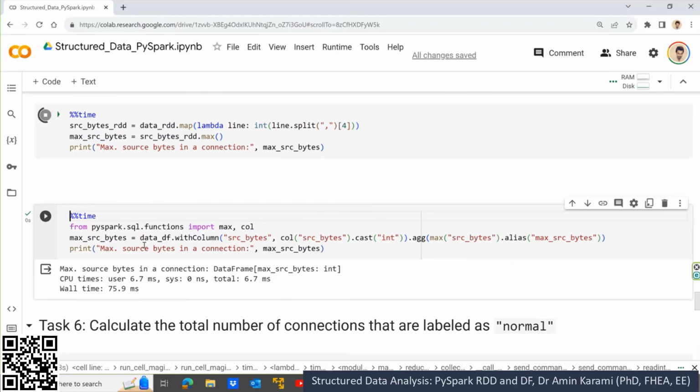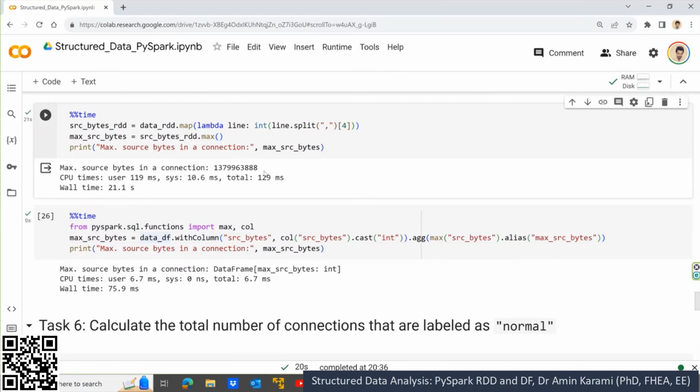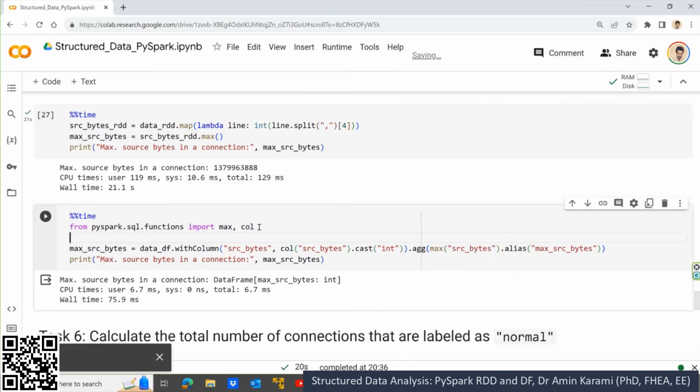In the meantime, let's double check this one. So this is the maximum source byte. How many minutes? 21 seconds. So let's double check this one. PySpark SQL function, import max and column. So data df withColumn, name it source bytes. This column, source bytes, cast it to integer, please. And then dot aggregate the maximum of source byte dot